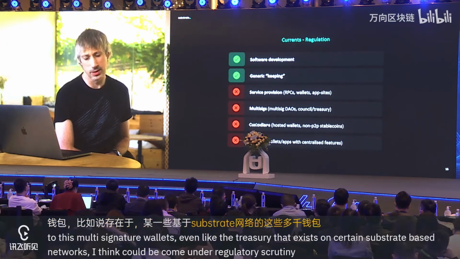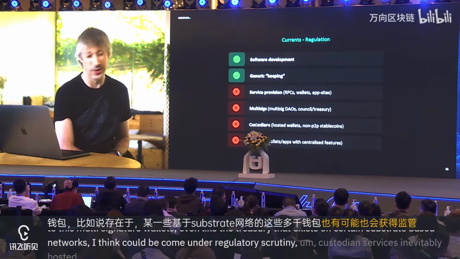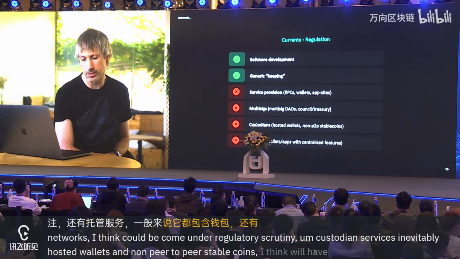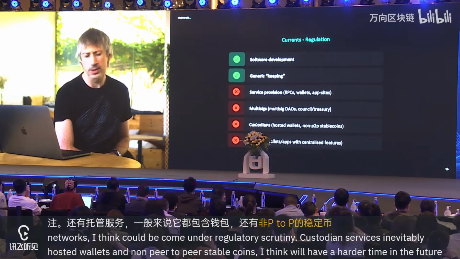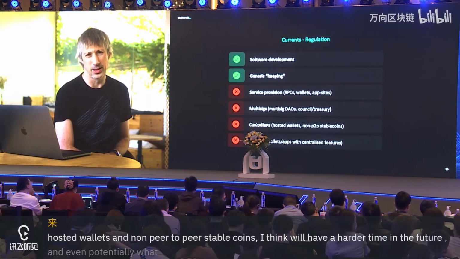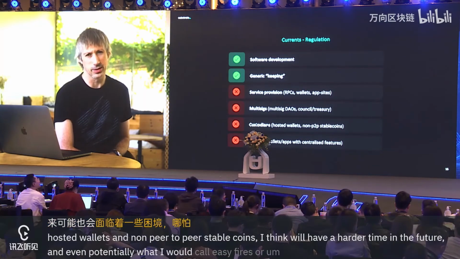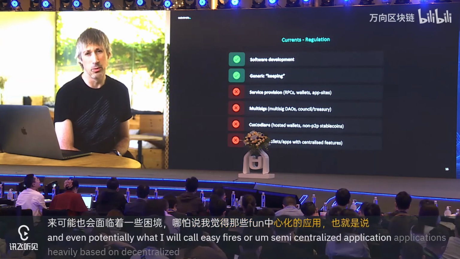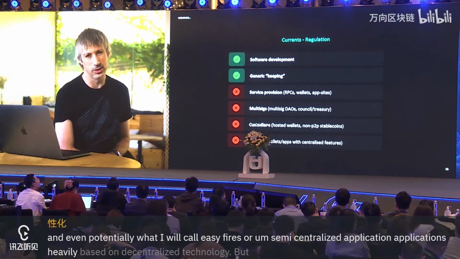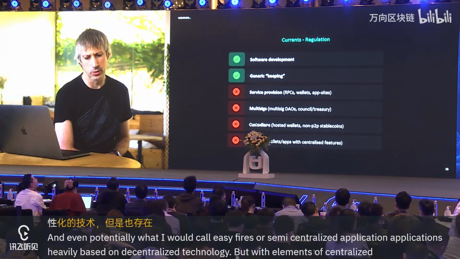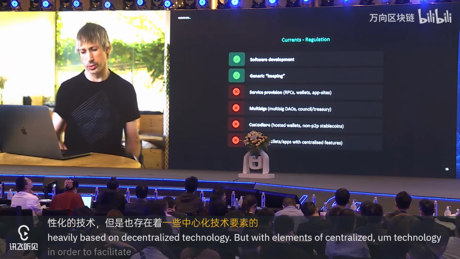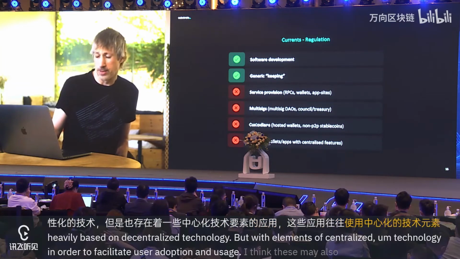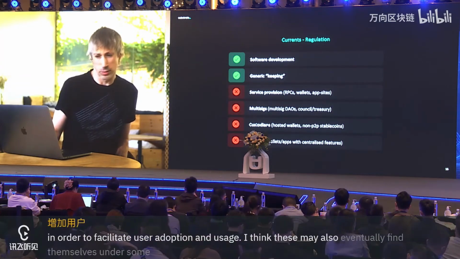Custodian services, inevitably, hosted wallets and non-peer-to-peer stablecoins, I think will have a harder time in the future. And even potentially what I would call easy fires or semi-centralized applications heavily based on decentralized technology, but with elements of centralized technology in order to facilitate user adoption and usage. I think these may also eventually find themselves under some degree of regulatory pressure.